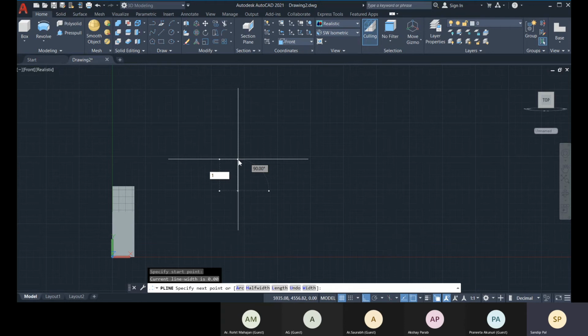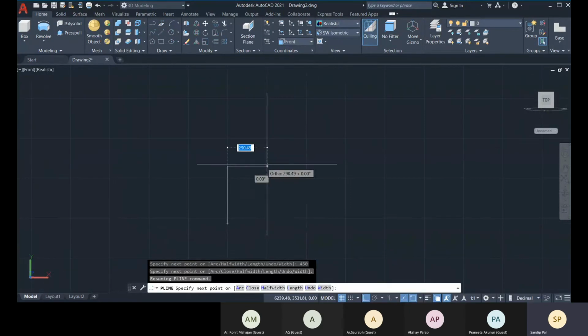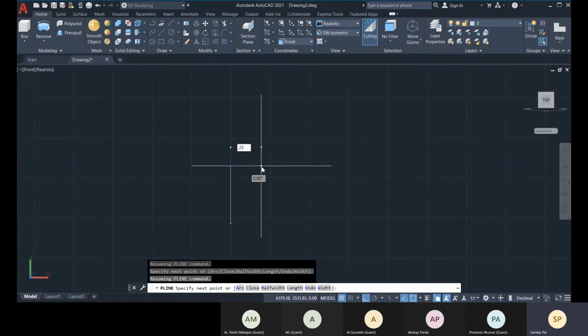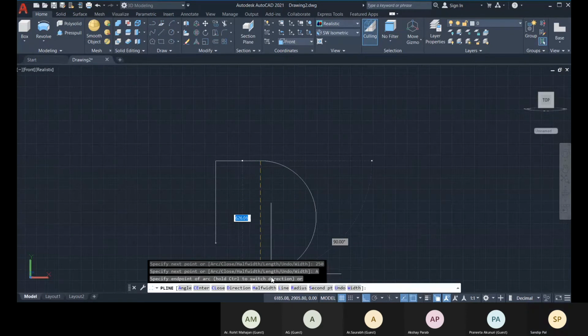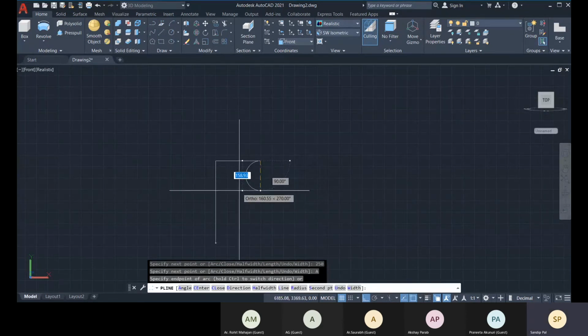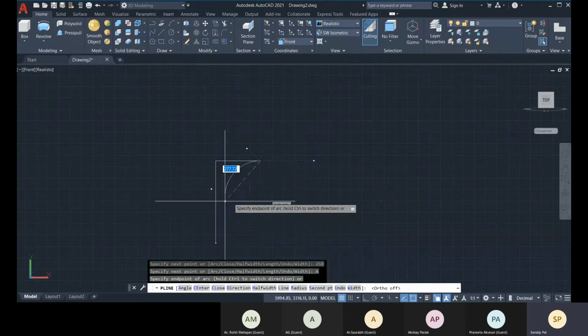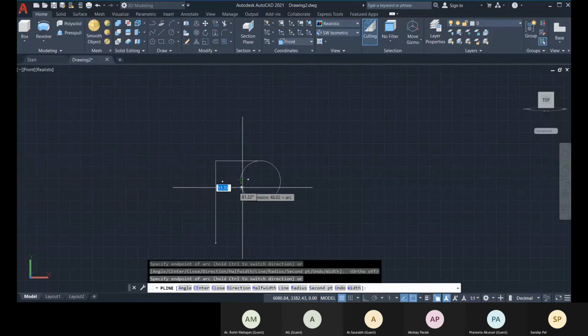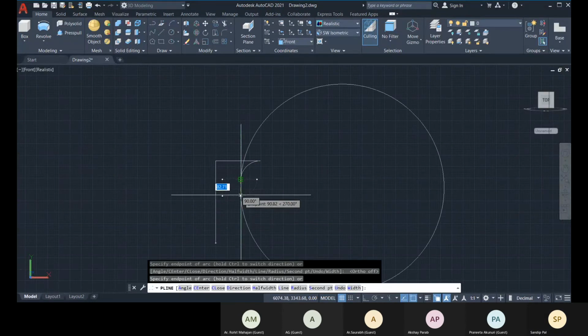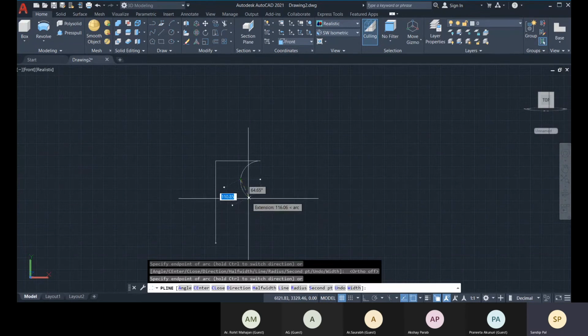Choose 1000 or 350, 450. Okay, and 250. Let me choose some arc, and if you press Control, it will change the direction. Okay, see, all right. So this way,